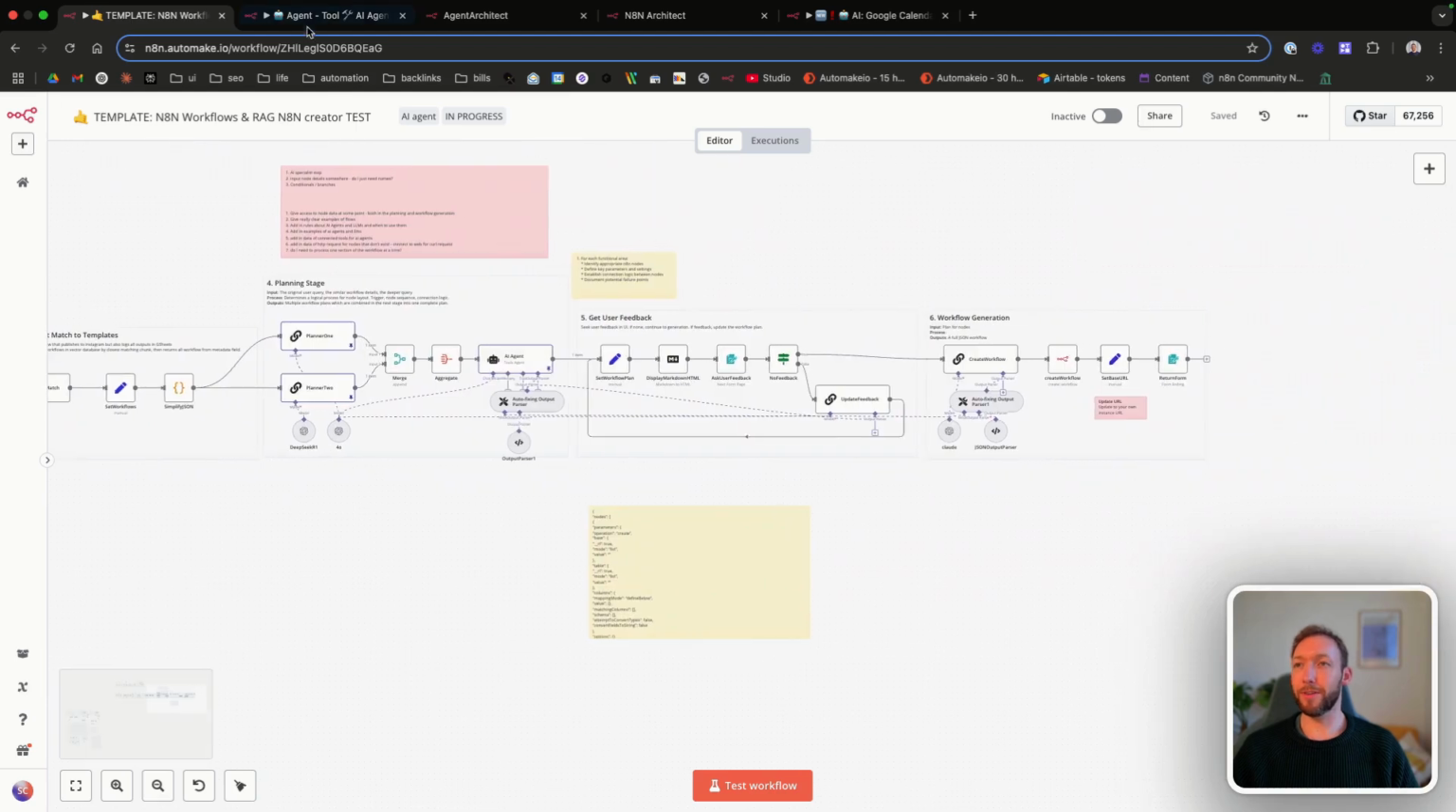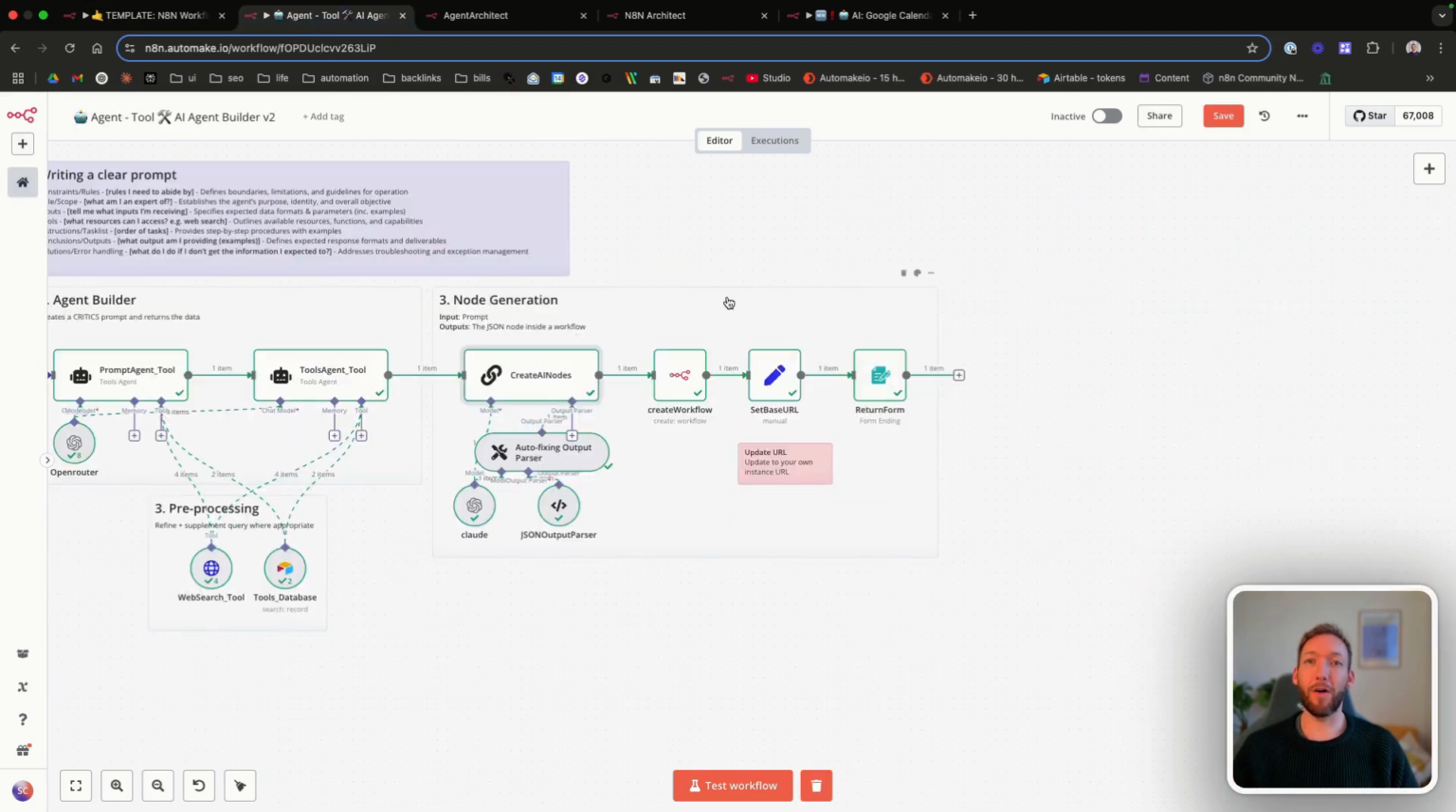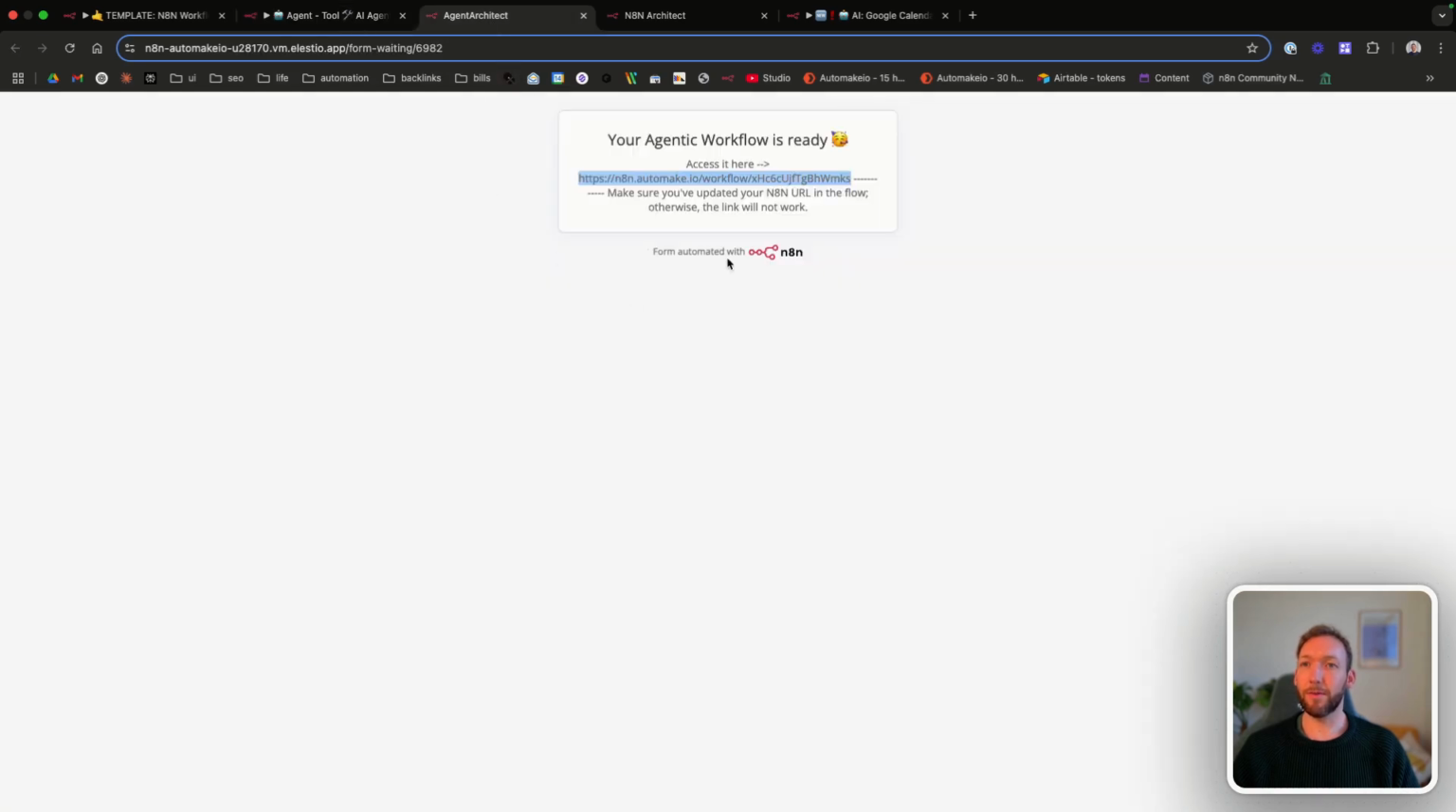But believe it or not, this is just a sub flow of that major workflow to focus purely on AI agents, because they're becoming such a prominent thing in the workflow space. So the master workflow will be able to call on this flow to create all of the AI agents or LLM chains. Once it's created that workflow, it will actually return the form to us,